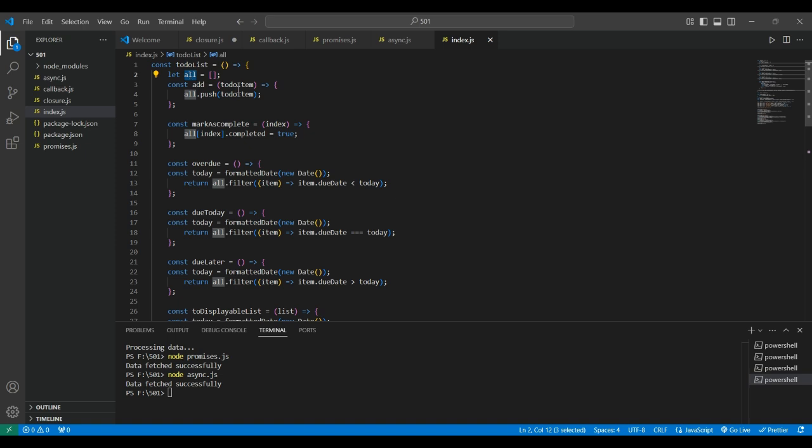Then the add function is responsible for adding a new to-do item to our list. We pass in a to-do item object that contains things like title or due date, and this function pushes it to the all array. With closures, add has access to the all array even though it is defined outside this function. Then the markAsComplete function allows you to mark a to-do item as completed by modifying its completed status. Again, it has access to the all array through the closure, so it can modify the status of an item